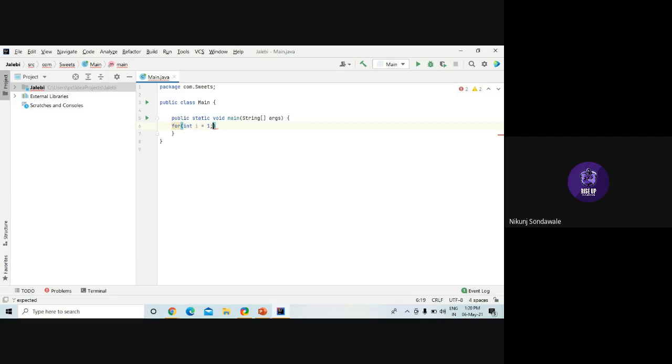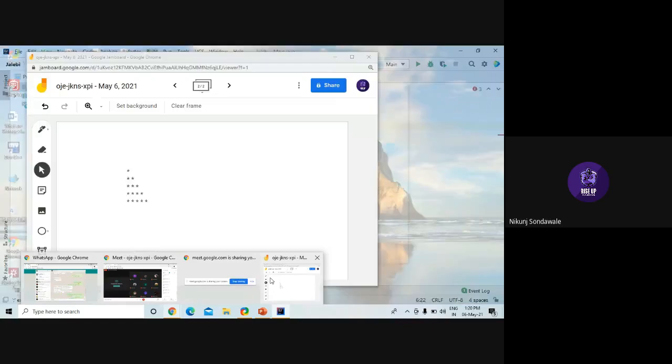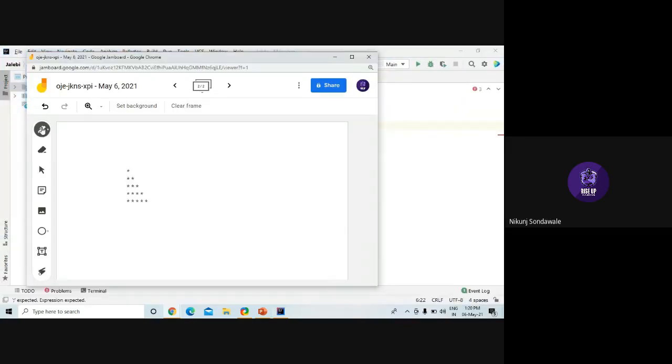Then our condition: i should be less than or equal to the number of lines we are printing. 1, 2, 3, 4, and 5, so 5 lines.